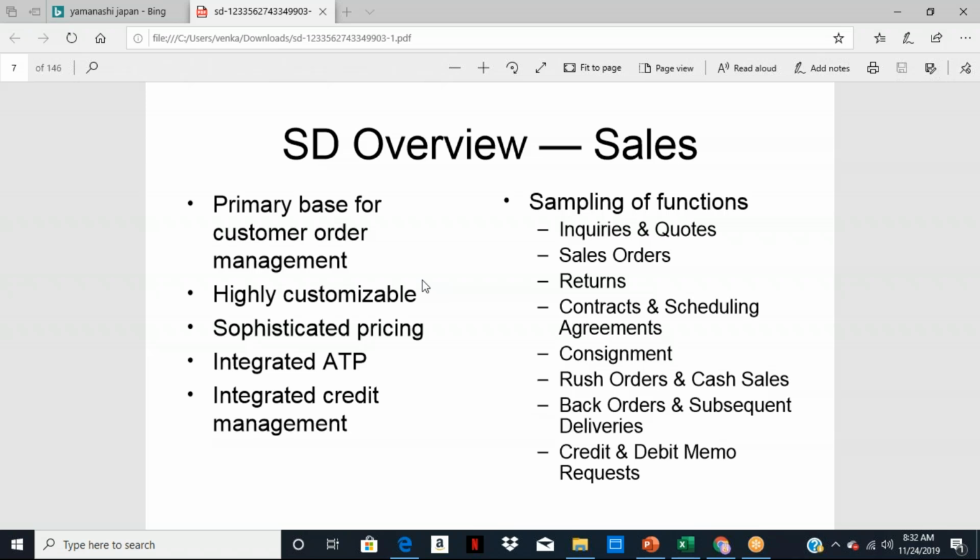So this availability to promise, or availability check functionality, will make sure whether the goods are available for your sales order for a given delivery date or not. That is taken care of by availability to promise. And the next thing we need to understand, let us go back to our sales